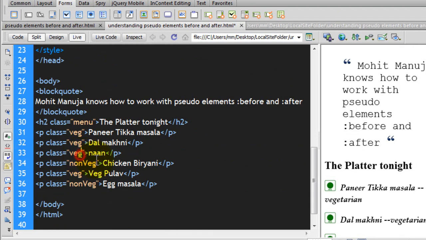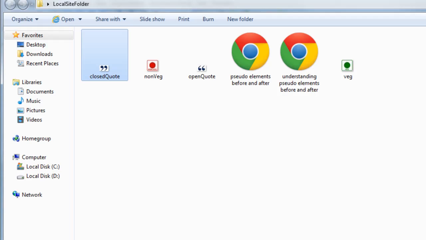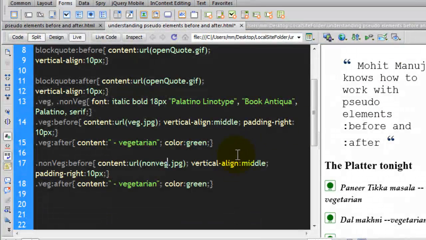So non-wedge before, the image will change from wedge.jpg to non-wedge.jpg, which is basically this image, people. This is the symbol, the non-wedge symbol, and the vertical align middle is fine, padding right 10 pixels is fine,